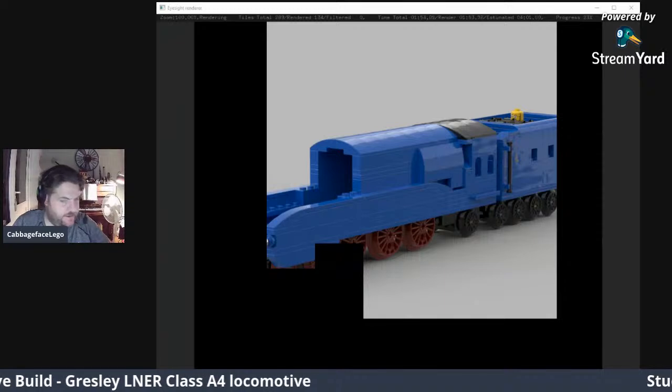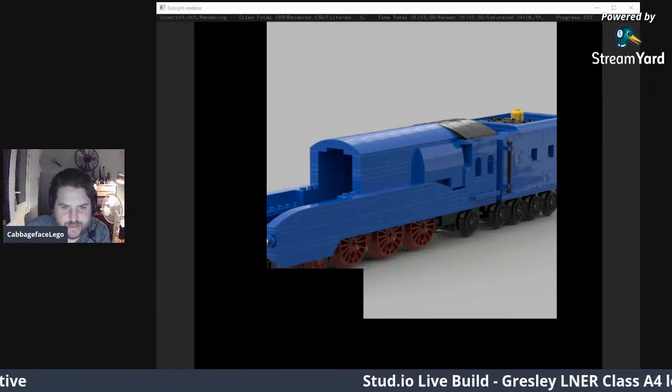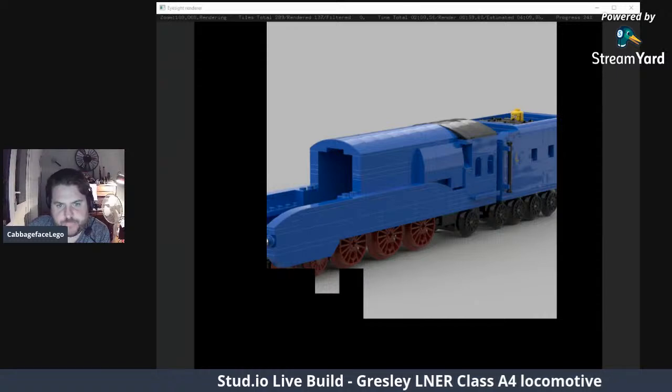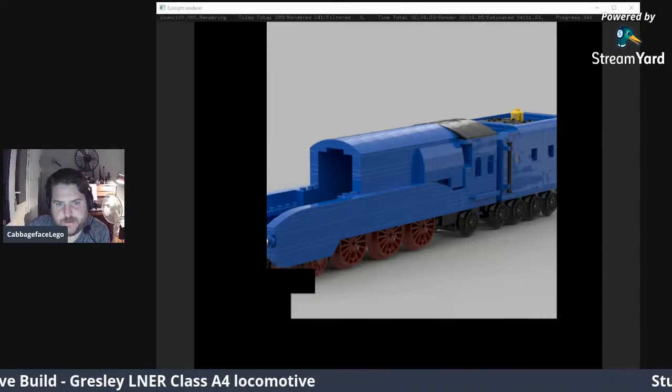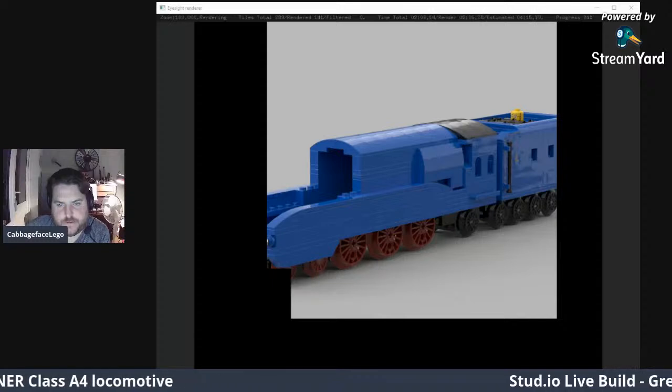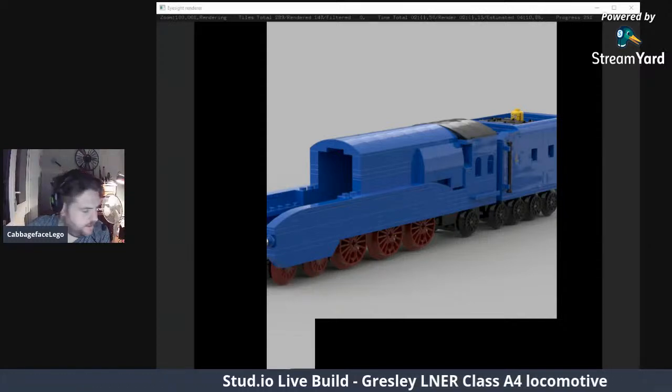You can see it. Yes, this is only on medium render. You can do it on high. I don't like all these little bits. I'll sort those out. That doesn't look too bad though. Get rid of those two bits. Make it a bit more smooth. I could probably put a...